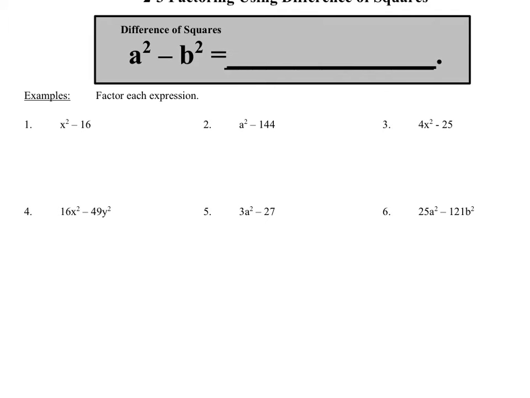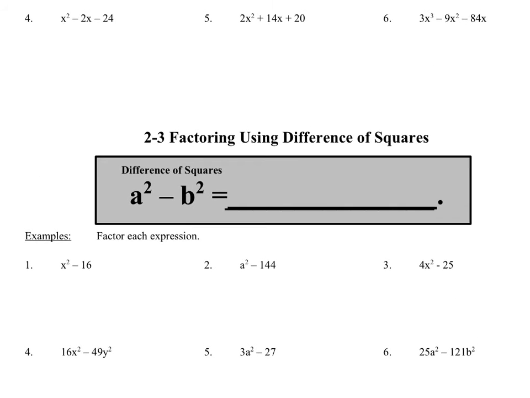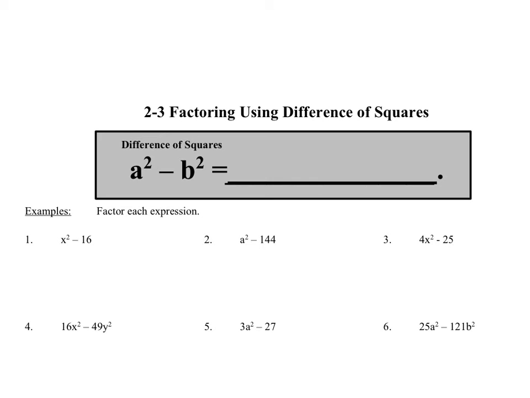So we want to look at factoring a difference of squares. Why this might be different from factoring a trinomial is you see that we have no middle term. So when does this happen? Well, we're going to take a look real quick at a problem that's going to illustrate when